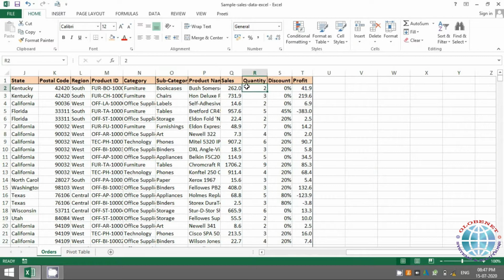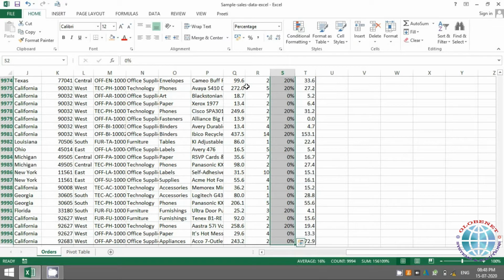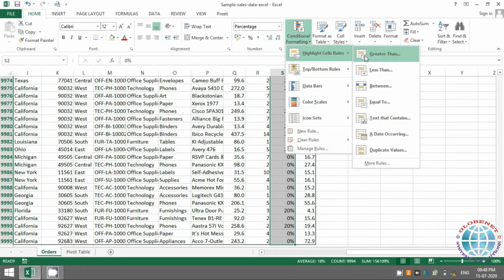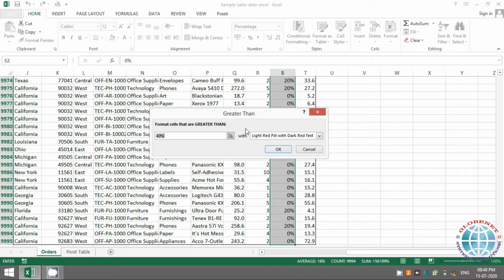So let me highlight all the discounts which were given, let's say more than 50. I want to see for how many products I have given a discount of more than 50. So you will select the data, or ideally deselect your heading. Avoid your heading selection and then just select your data. I used Control Shift Down Arrow key to select the entire range. You go to conditional formatting and you'll say greater than. Okay, so your 40 is written randomly. Let me say 50.